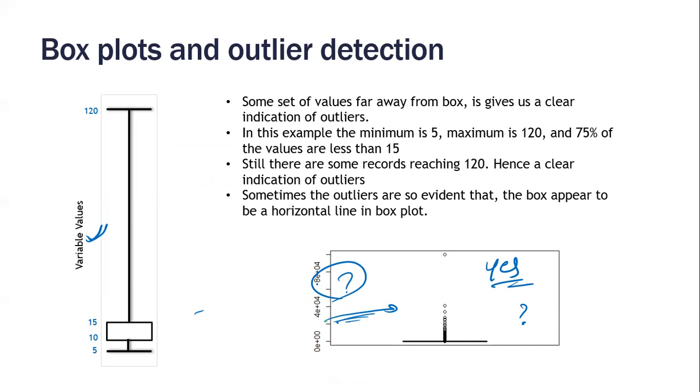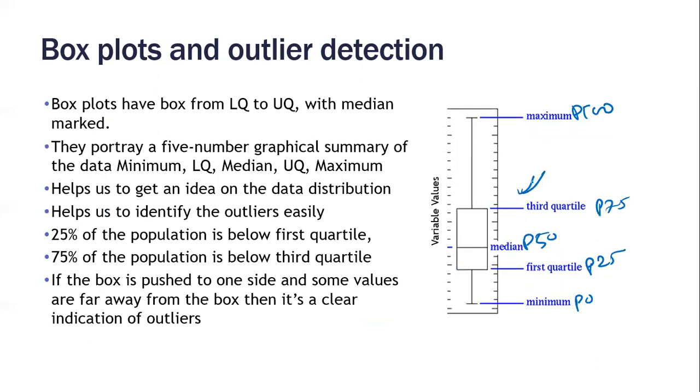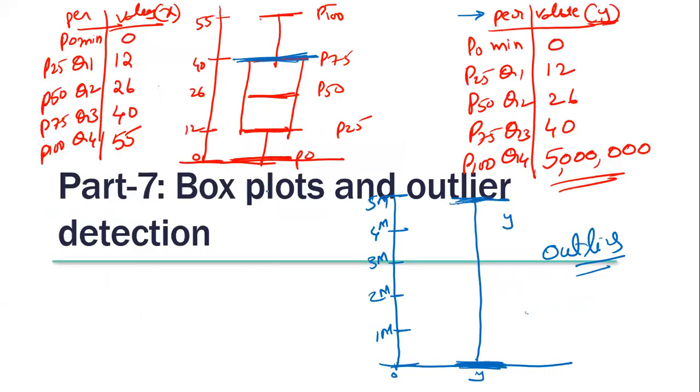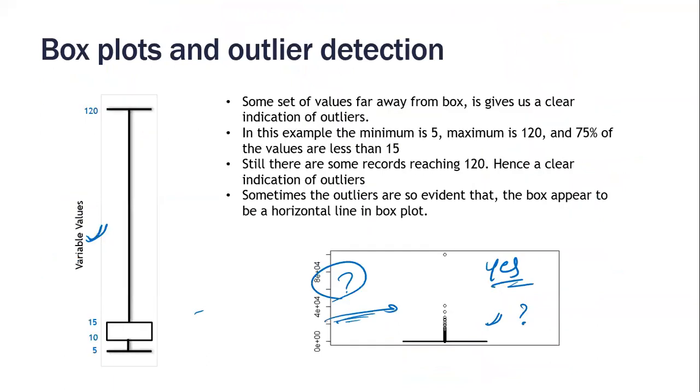Will you be able to look at a plot and decide whether there are outliers present or not? If the box plot looks somewhat like this versus like this, will you be able to detect it? When you look at the box plot, you can get a quick idea. If a variable's box plot is near a good distribution, then we would say there are fewer outliers. If the plot is somewhat like this, then we will say there are a bit of outliers. To exactly detect it, we have to do the percentile distribution, what we did earlier.